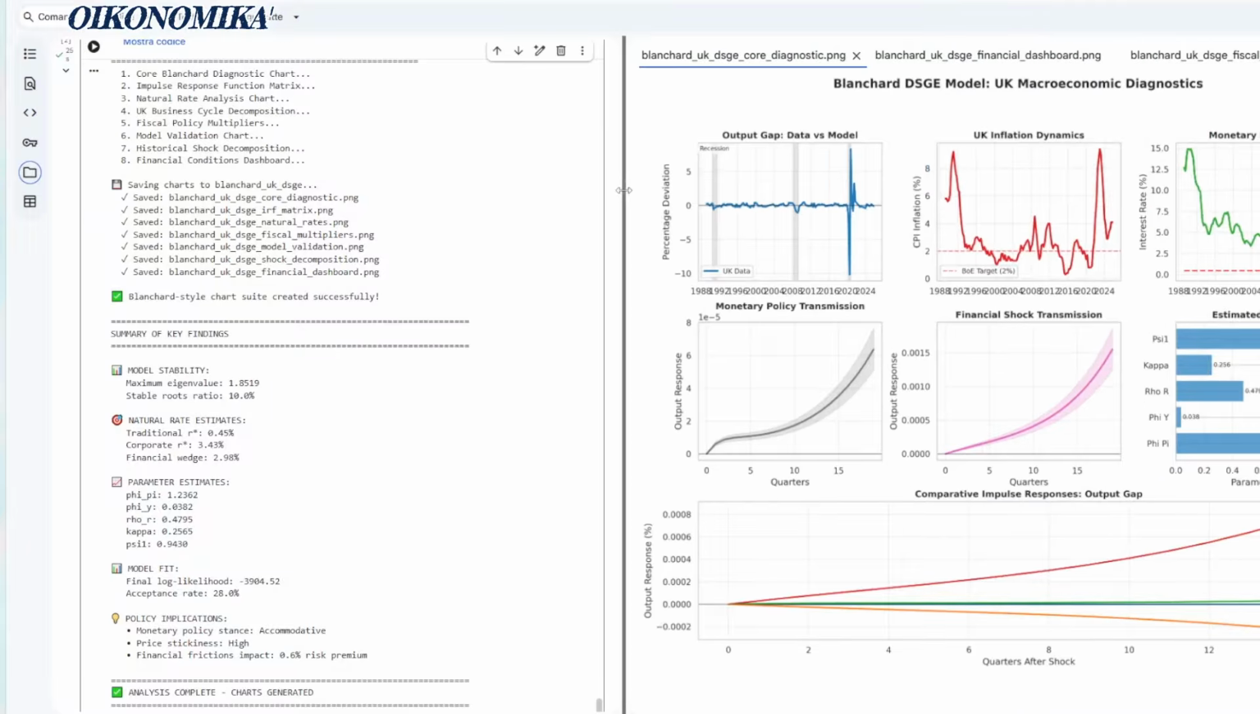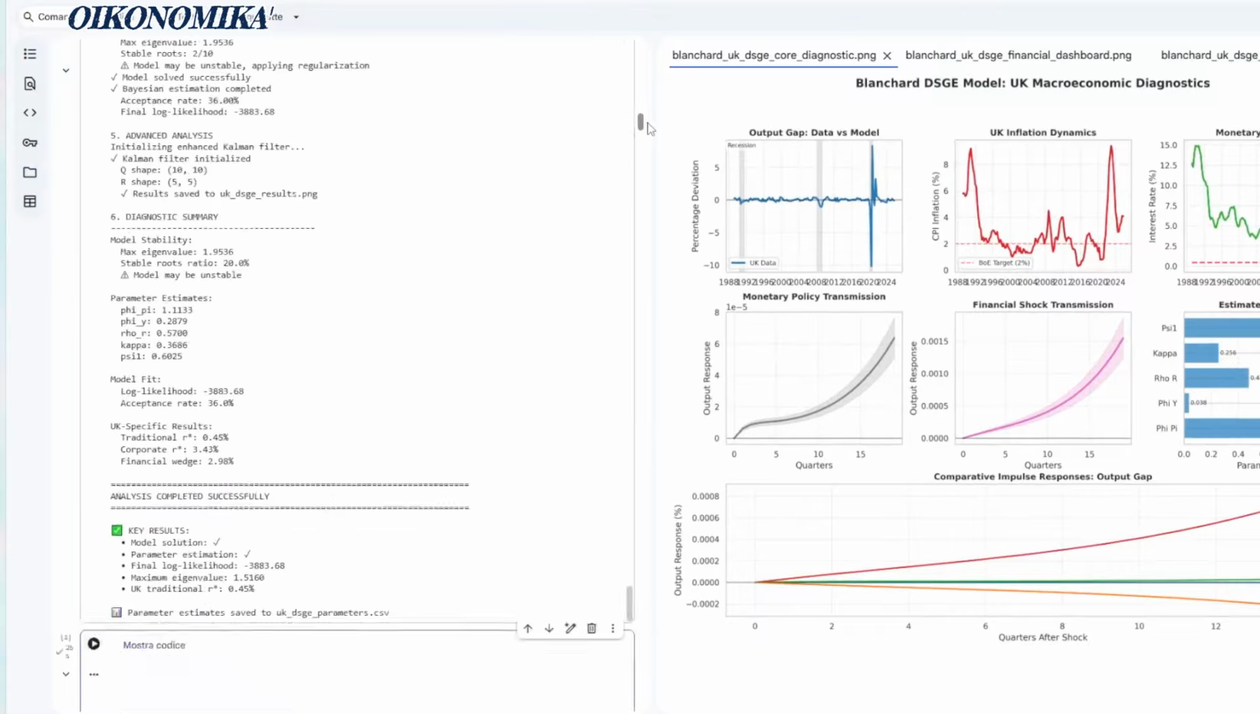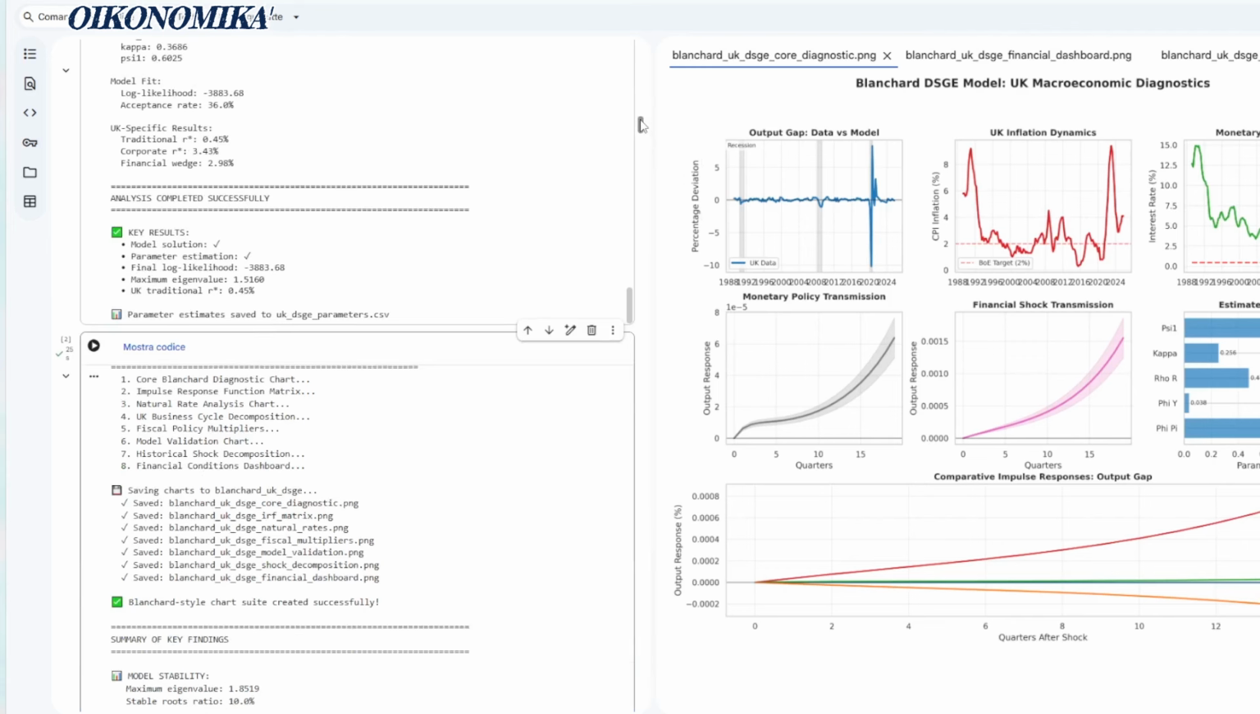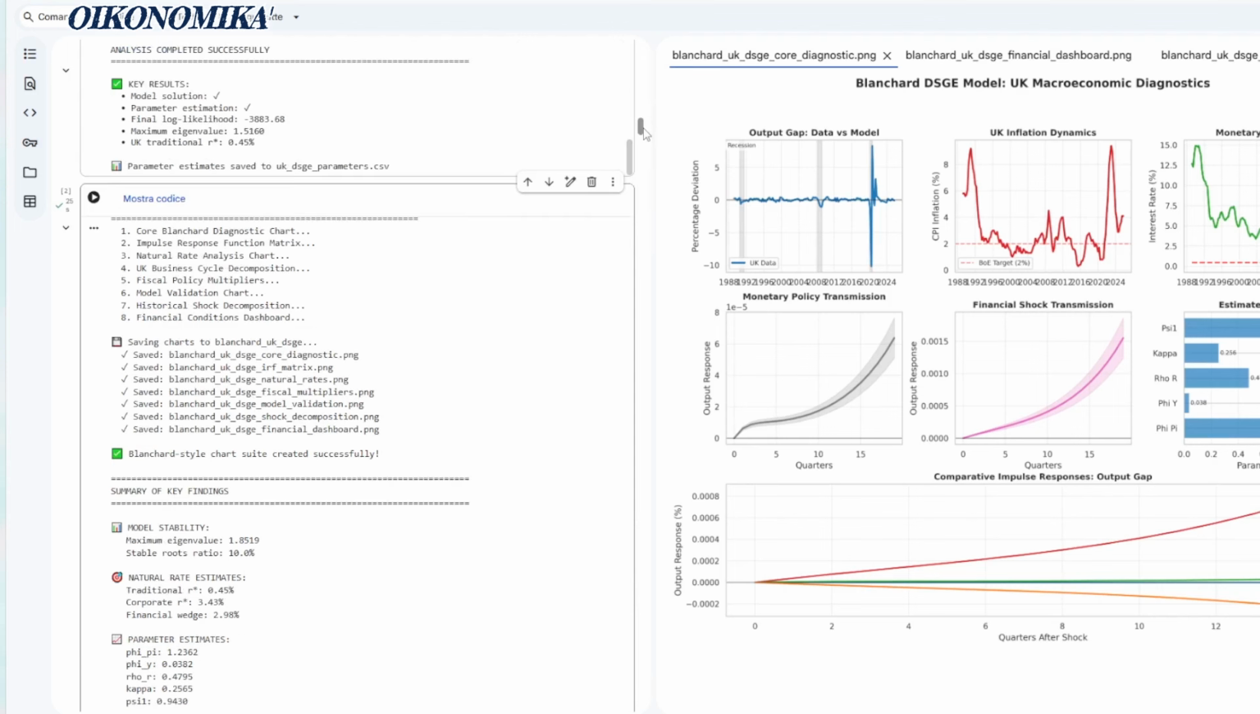So that we see the same thing. Okay, so here we have the same parameters. Okay, Blanchard diagnostic. Okay, is that one? I apologize, that's the previous model. Okay, so